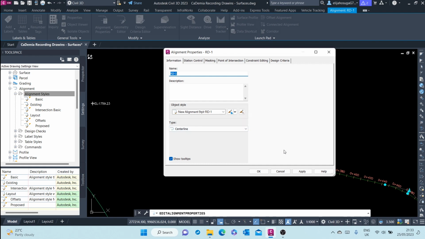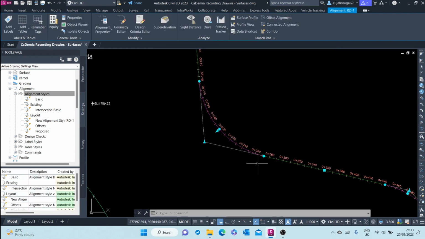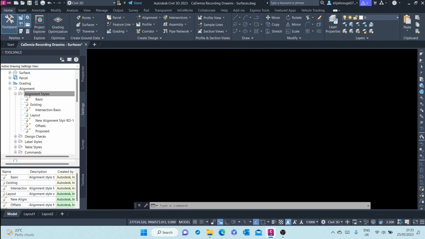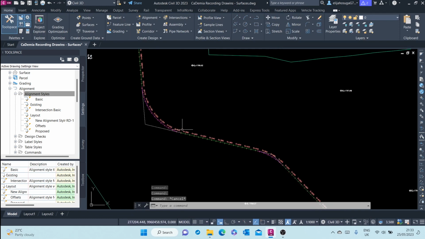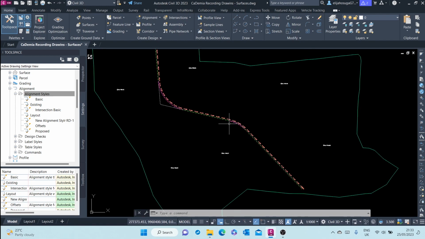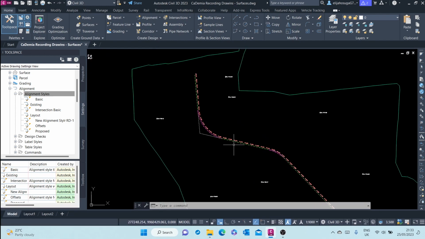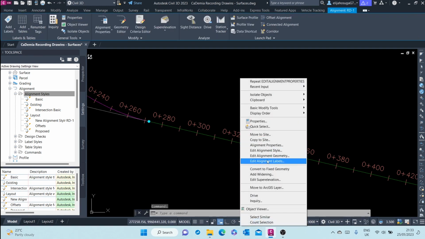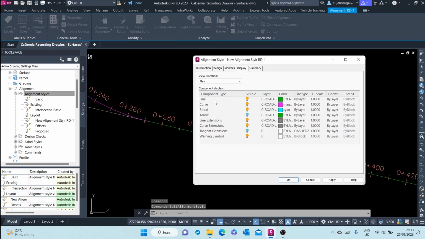And we apply the style that we've just created. And as you can see now, the curves have changed to the magenta style, but the lines are still in green. If you want to change this style to a different color, you can go to edit alignment style,